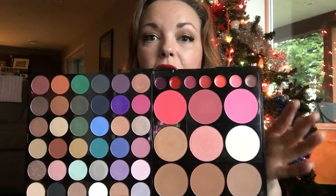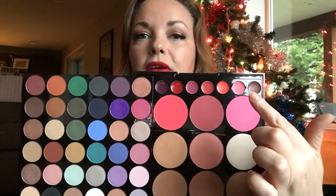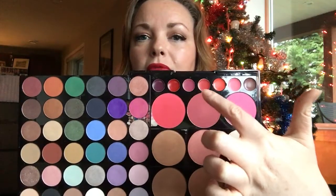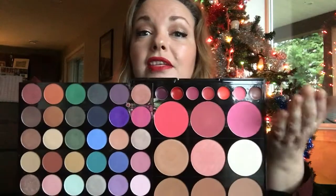So if you're a very pale skin person, I think this white might come off really well. And as you see, there are like 7 lip colors up here. Was it really 7? I don't know. Anyway, 7